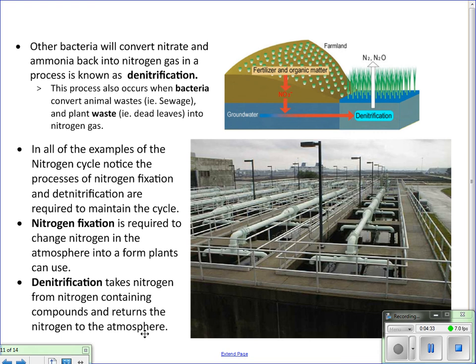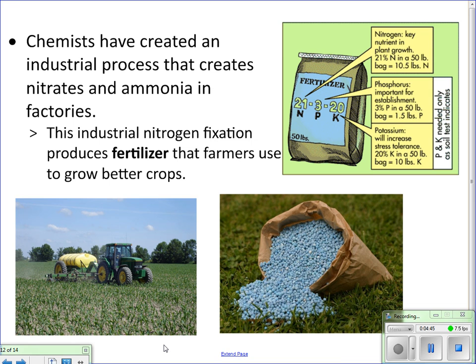So in all of the examples that we talked about, notice the relationship between nitrogen fixation and denitrification in the environment. Now, chemists have also created an industrial process that creates nitrates and ammonia, and this produces our industrial fertilizers, which we use to grow better